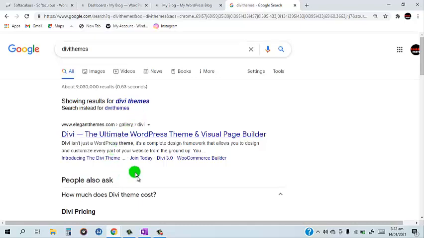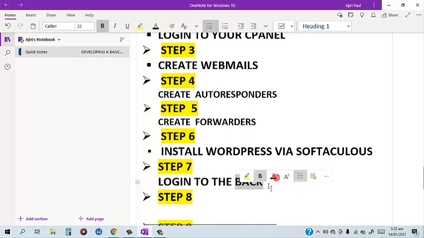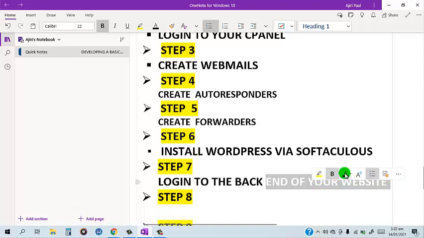So I just took you, let's go back to our notes. We have installed WordPress via Softaculous, and the next step is to log in, to log into the back end of your website. So this is step 7. So step 8 says